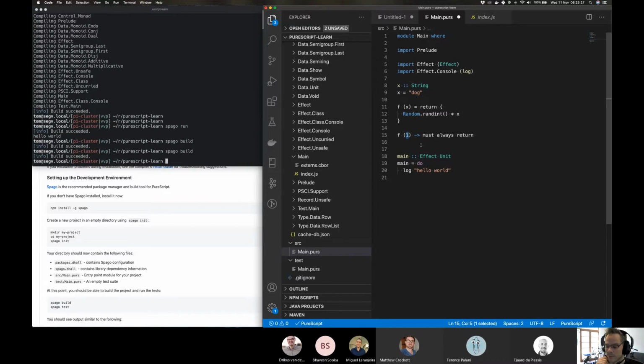Does it mean that it's not pure? No. Given the same sequence, you must return the same output, right? Yeah, same output.